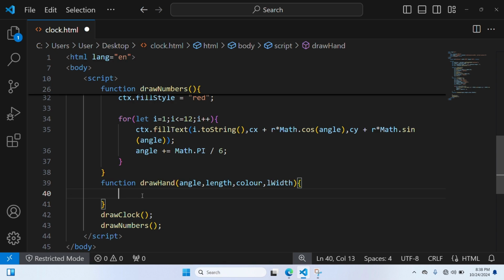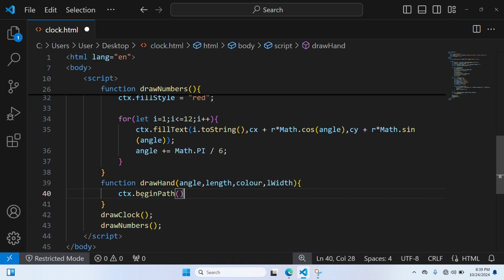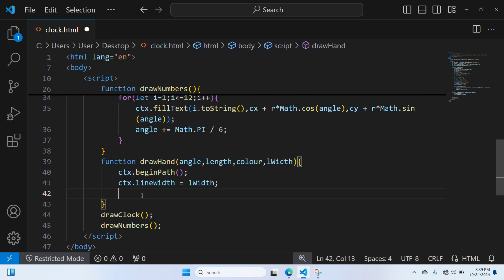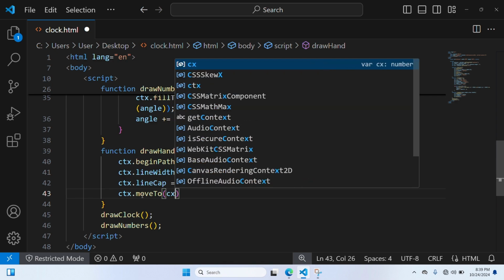Now let's draw the hands. ctx.beginPath, then ctx.lineWidth, and line width will be equal to lWidth. Then after that ctx.lineCap, it will be round, so that the ends of the hands will be round and it will give a nice look. Then ctx.moveTo, the starting will be the center of the circle, that is cx comma cy,